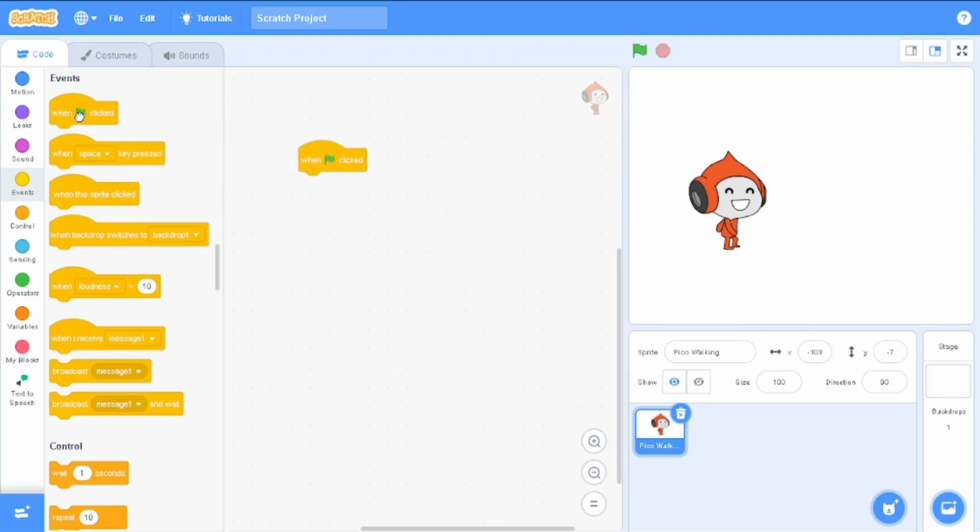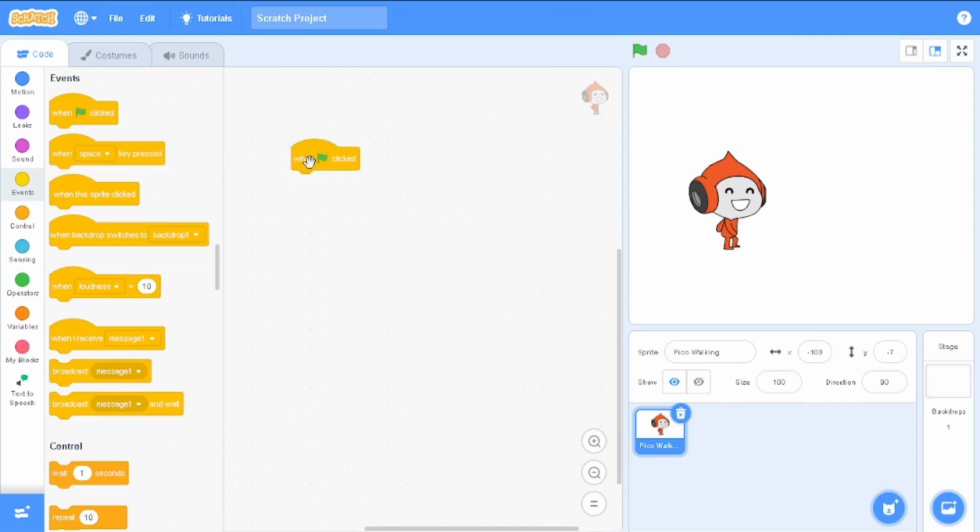Click, hold, and drag and drop. Now, anytime you click it, you see it shows as though the hand is holding it, picking it. So click and hold, it picks, and then you drag and drop. All right. Now that we have an event or a trigger here, when green flag is clicked,